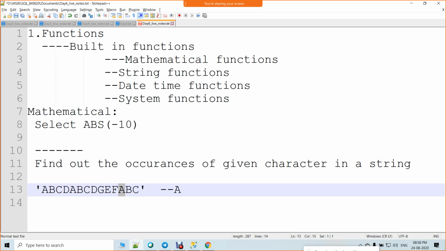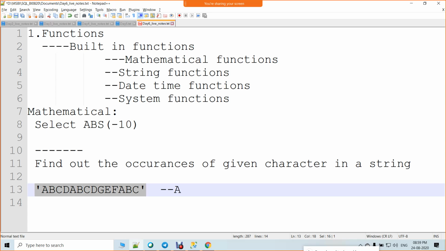I repeat my question. So this is your input string. I need to find how many times A occurred. Okay. So just try it out. It will be there in the functions we discussed, string functions only. It will not go outside of the functions. We just need to find a logic. How do we do that?